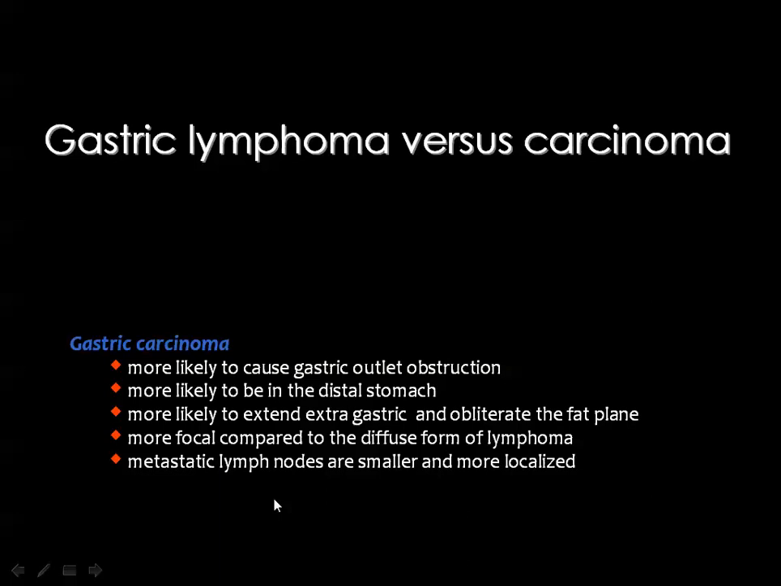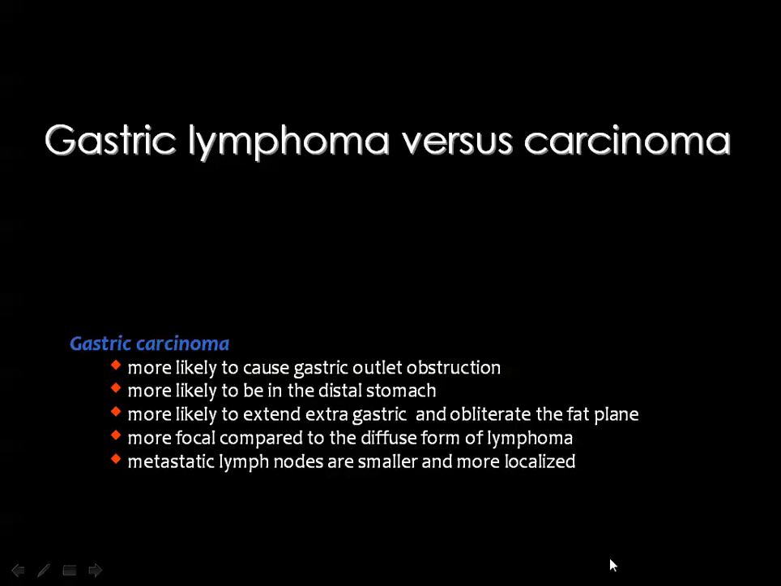Then gastric lymphoma against carcinoma. Gastric carcinoma, as I have mentioned, may cause gastric outlet obstruction, while lymphoma is not usually responsible for this. In cases of gastric cancer, the location of the tumor is usually in the distal part of the stomach, the distal part of the body, and the antral canal, while lymphoma is proximal and may infiltrate the whole stomach. Gastric carcinoma has the tendency to extend outside the gastric lumen, infiltrate the perigastric fat planes, and invade the